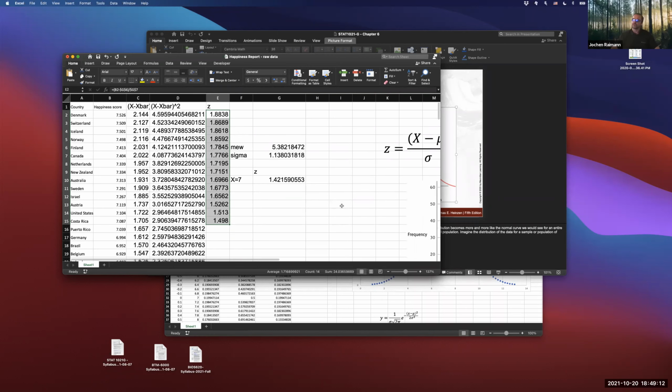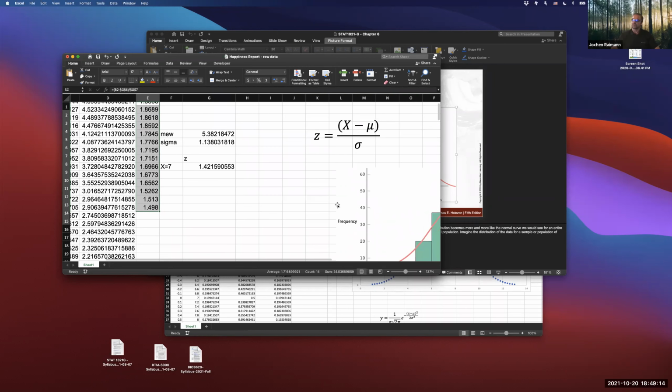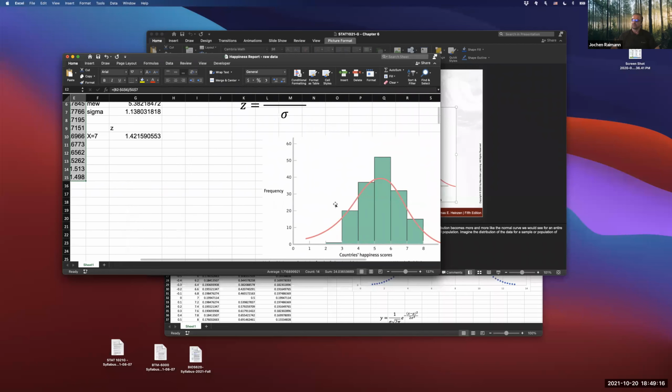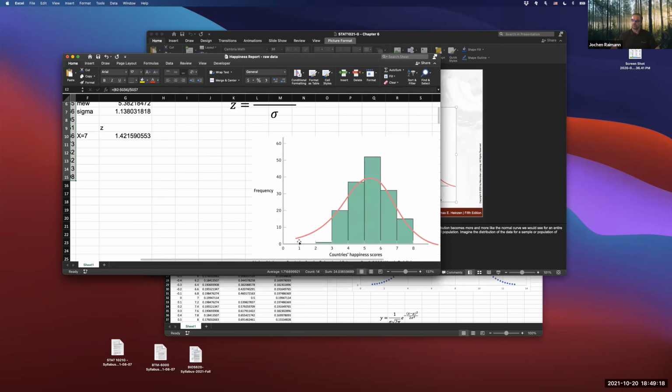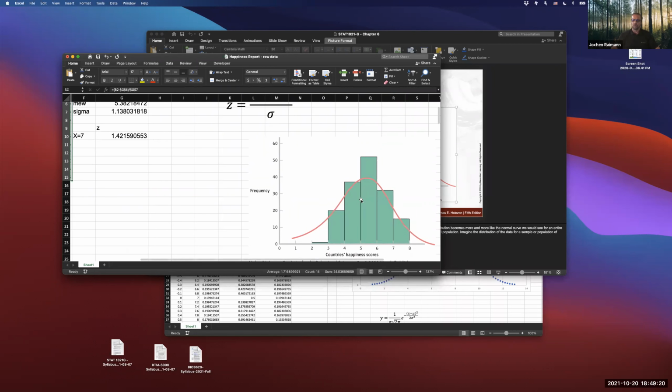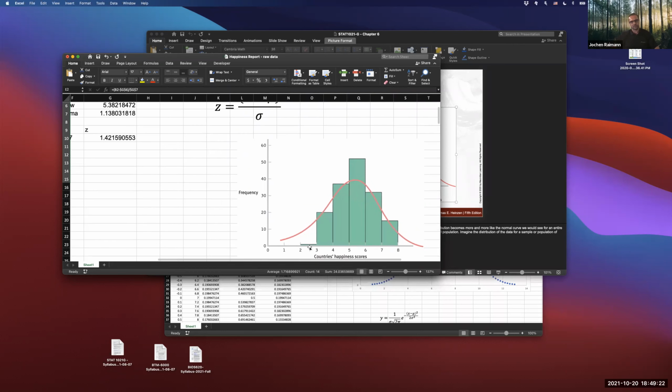So you're characterizing it based on your entire population. You have a world population, including all the countries of the world, with all of these countries providing you a happiness score. So you're characterizing a population of all the 158 countries that you're interested in or you